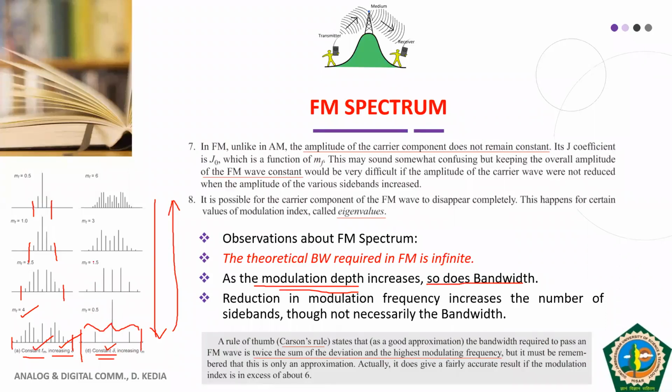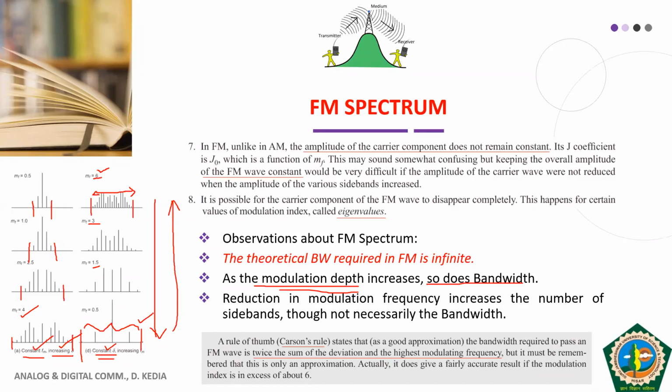As we move upwards, your modulation index value is increasing. And how is it increasing? By decreasing FM and by keeping delta constant. But it is not increasing the bandwidth. It is only increasing the sidebands in between. The total bandwidth is the same for the case of modulation index value 6 as well as modulation index value 0.5. Okay, so I hope all of you have understood the difference in increasing the value of modulation index in two ways.